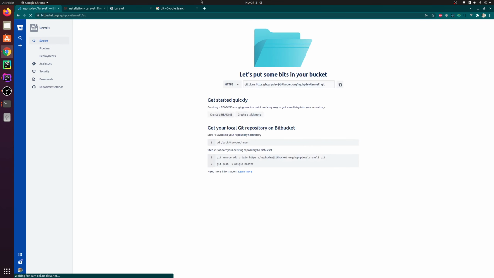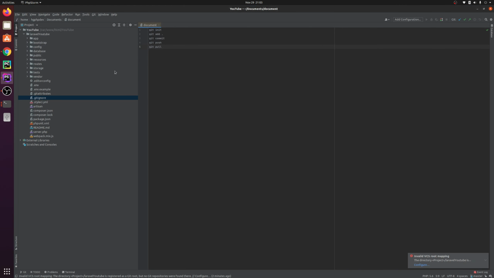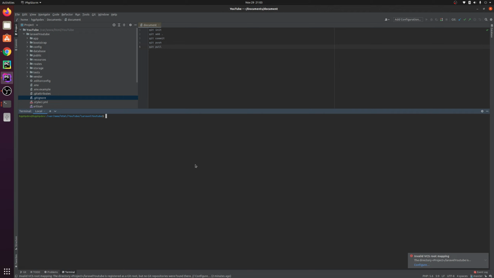After creating a repository, you will see these two lines to set up your project onto Bitbucket. First of all, go to your project, open up the terminal and type git status.